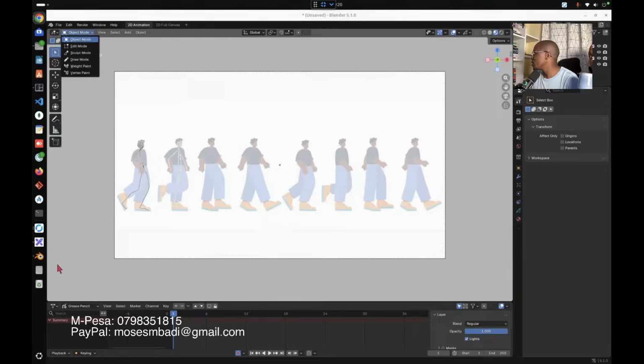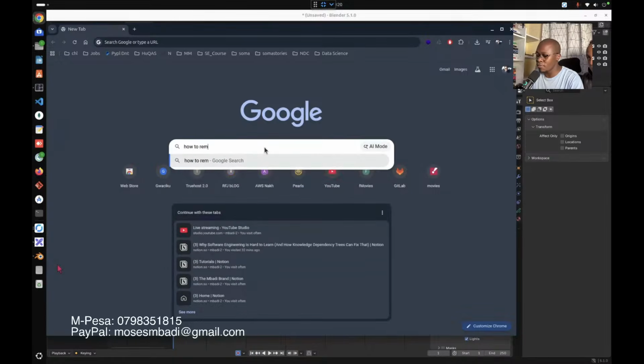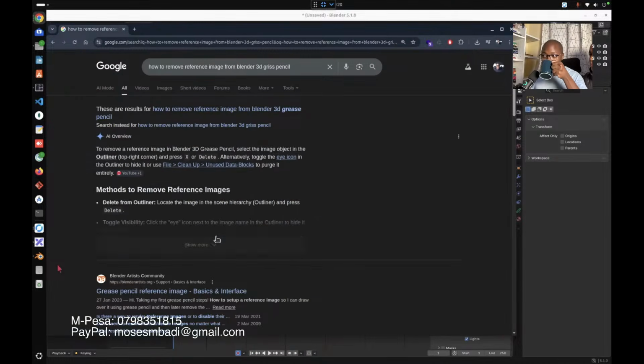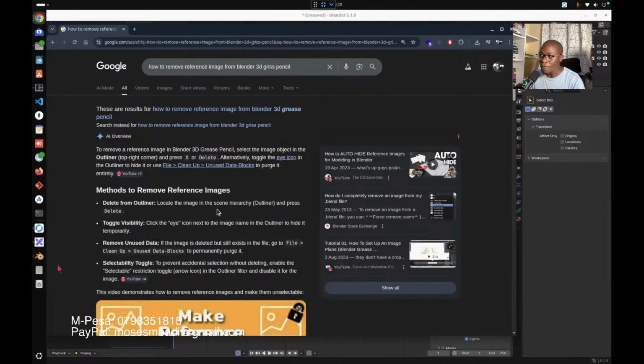Yeah, okay. How to remove reference image from Blender 3D, grease pencil. I think that's what it's called. Now, what do you mean outline?